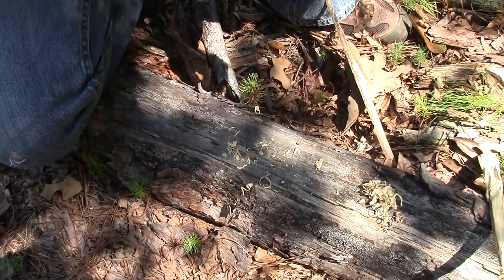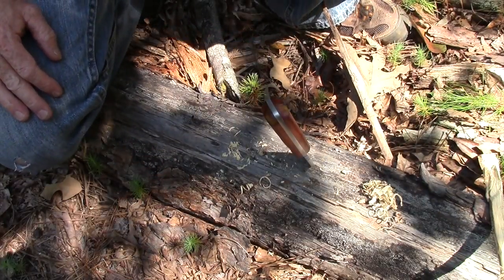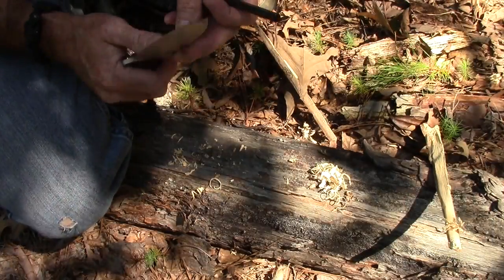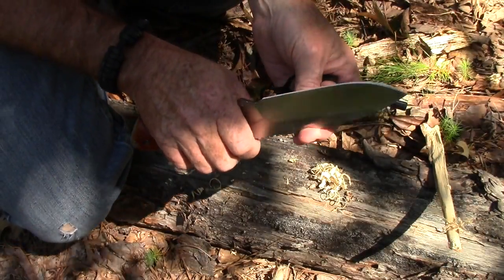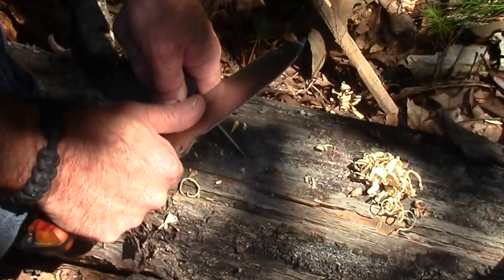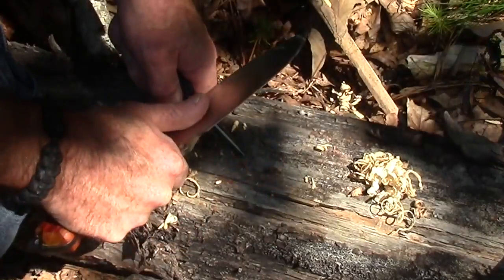Now it's pretty dry out here today, so we're not going to actually build a fire or start a fire. Okay, so let's just see. The spine feels pretty sharp on this. Oh yeah. Okay, so